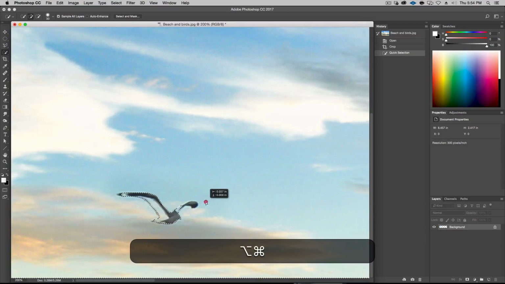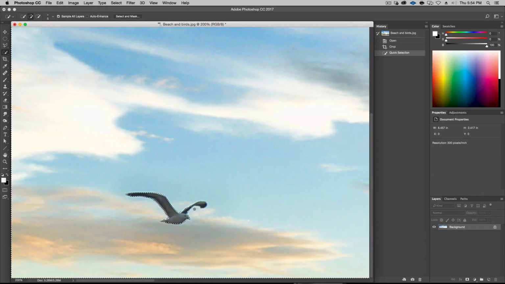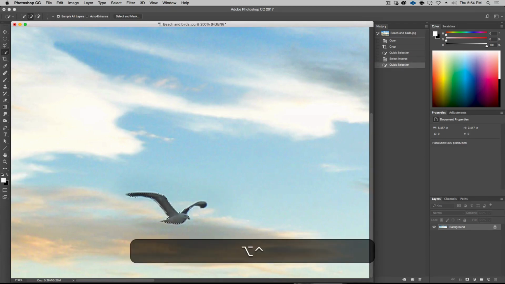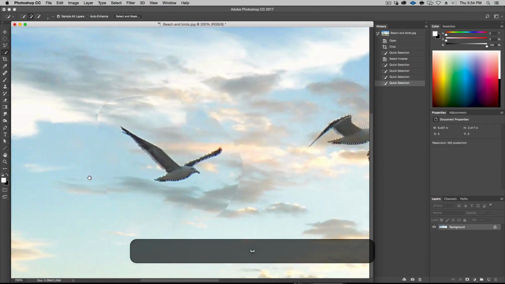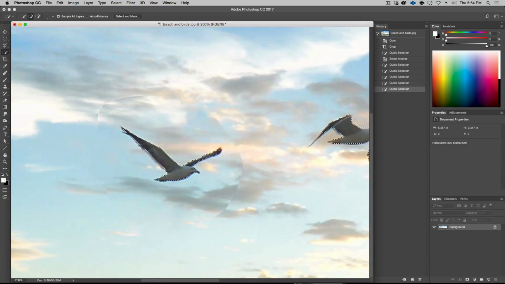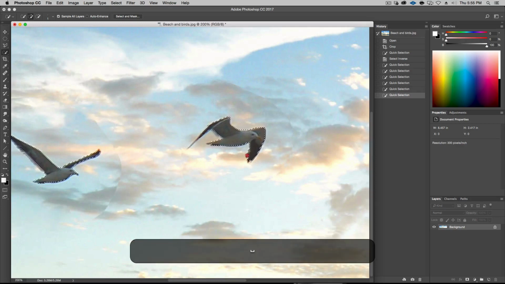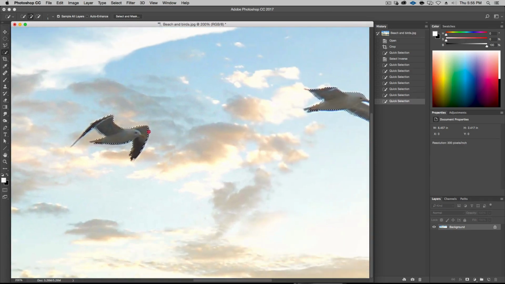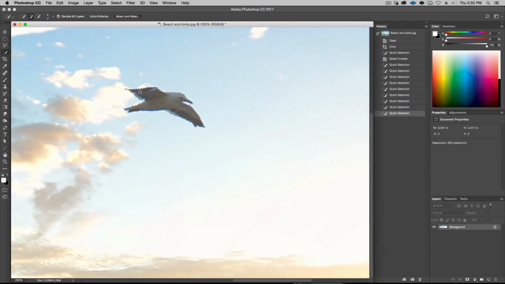Let's zoom in a little, see what we got. 200%. All right, so I'm missing, whoops, undo that. I'm missing his wing. So I'm going to Command-Shift-I, it inverses the selection. So now I'm selecting the birds instead of the sky. And so with a very small brush, I can add his wing. Like so. There we go. He seems pretty well selected. They're going to be pretty small, but good job, well done is always nice.